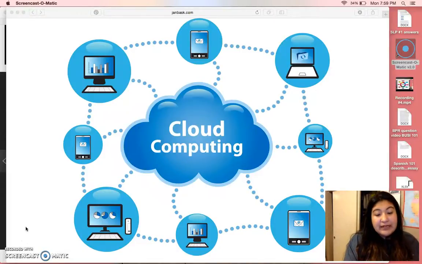For it to be considered cloud computing, you need to access the data or programs through the internet, having information synced with other information through the web. Cloud computing can be done anywhere and at any time because it is mobile. As you can see in this diagram, you can access it through your phone, your iPad, your computer, your laptop, or wherever you are because it is through the internet.